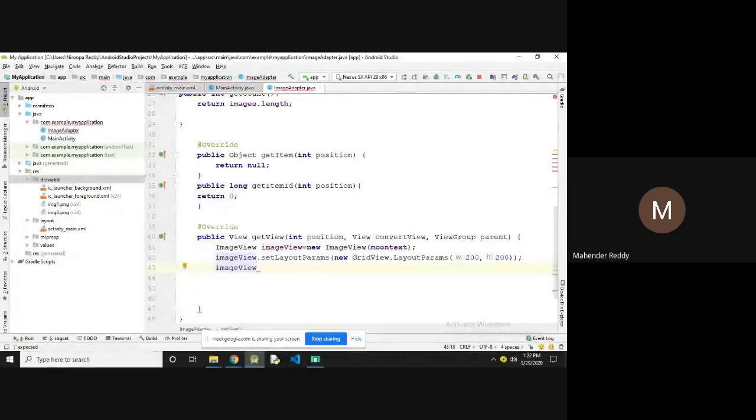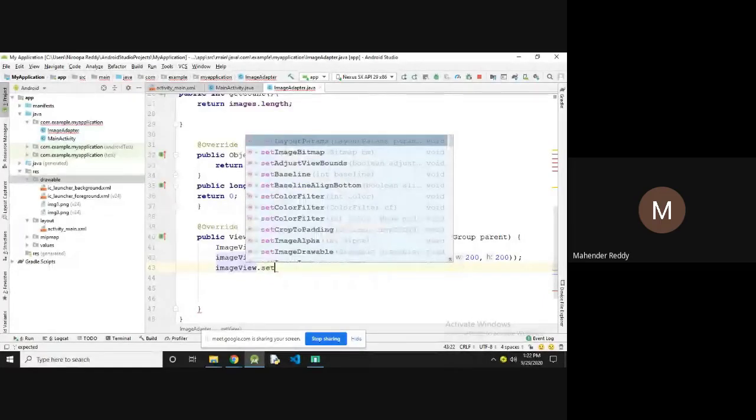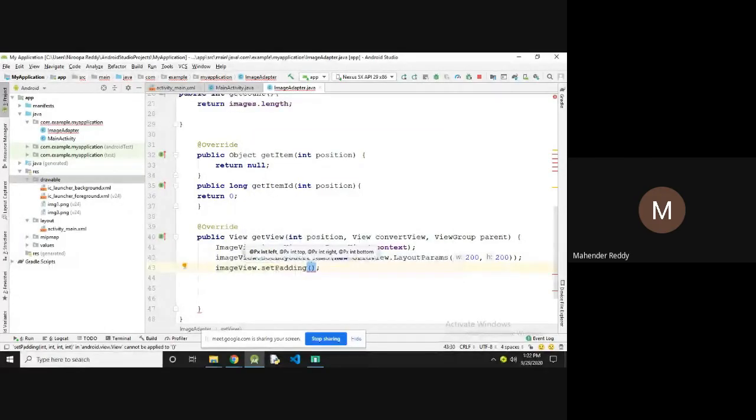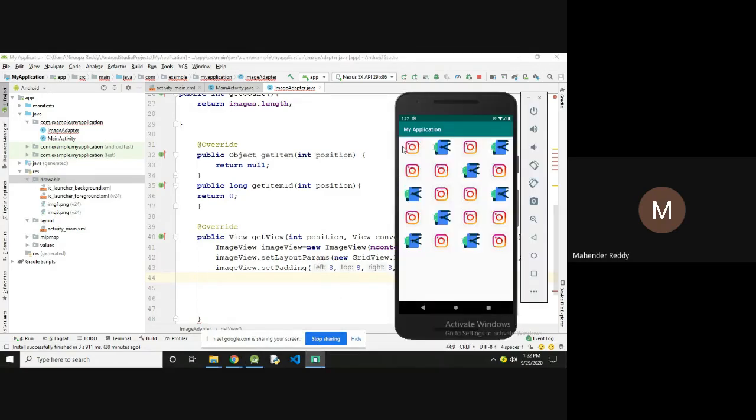ImageView.setPadding 8, 8, 8, 8, left, top, right, bottom. So I'm setting the padding for each image. If you set the padding, you get space in between the images.